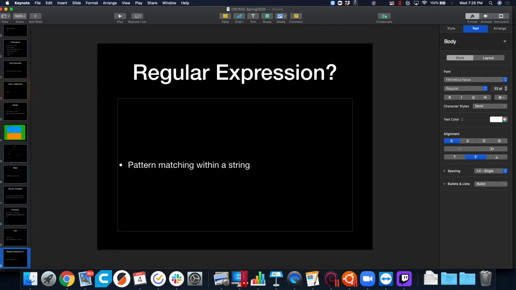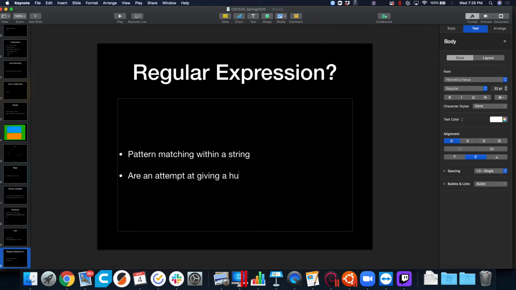How did you know this was a phone and this was a cup? You just did. Human beings are so good at solving problems, we have trouble articulating how we solve them, don't we? All right, so regular expressions are an attempt at giving a human the ability to describe